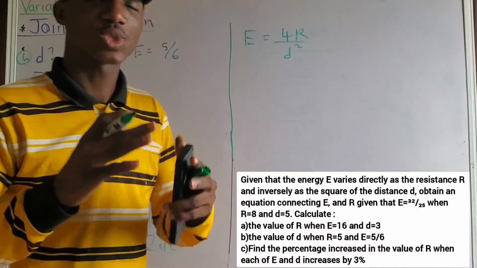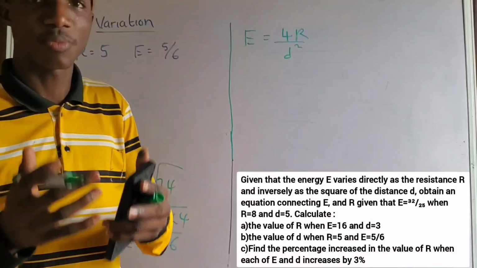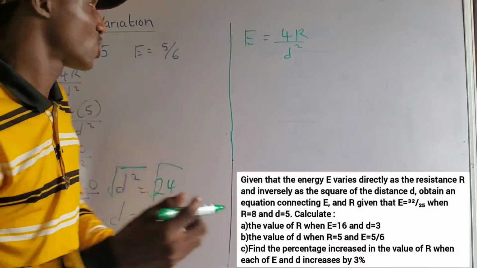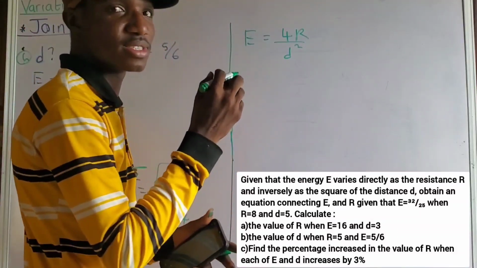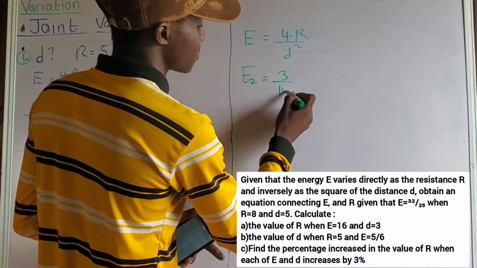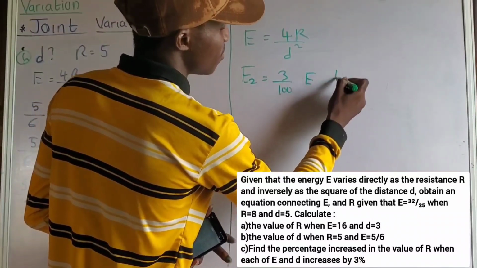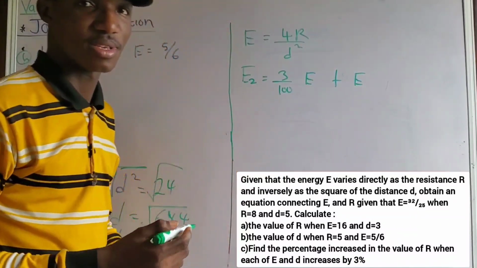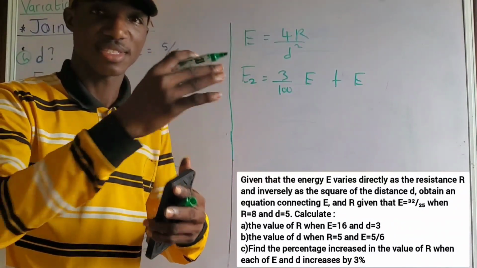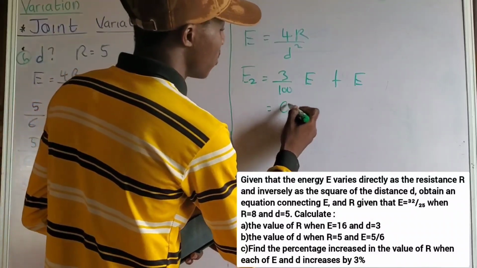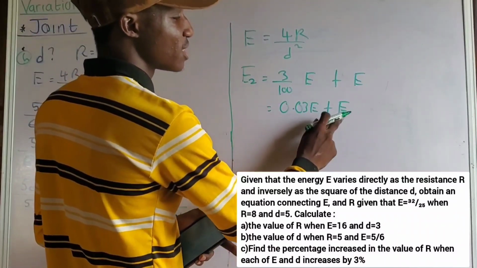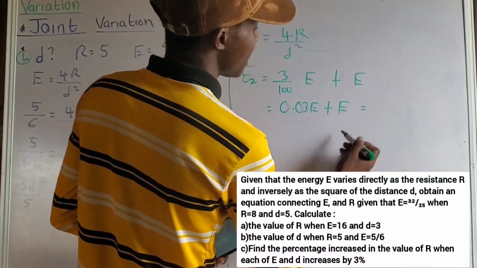Now we are told that e and d increase by 3%. 3% means 3 over 100. So if e increases, E2 will be 3% of E plus E, that is, 3% of the initial value plus the initial value. So I'm going to have 0.03e plus e. Now 0.03e plus e will give us